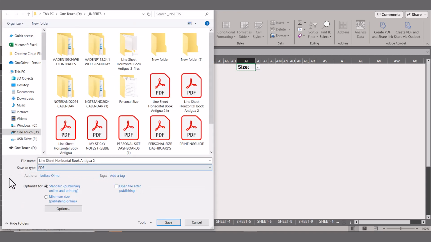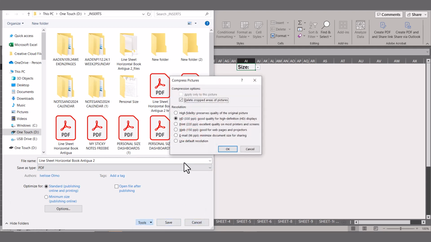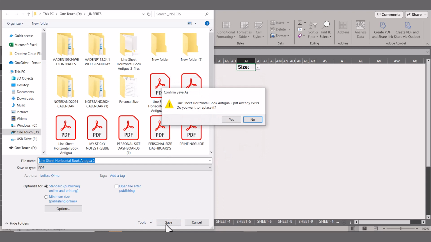And this opens up this dialog box here, and you're going to go to Tools, Compress Pictures, and usually it's going to be either here or here, 150 or 96. Over here they call them PPIs or DPIs. You want to do 330 because that's going to give you better resolution. And if you really want really high quality images, you would do high fidelity. But just remember, you might have to transfer the file, or you might not be able to email it, and it's up to you. So then you would press OK, and we're going to save that,